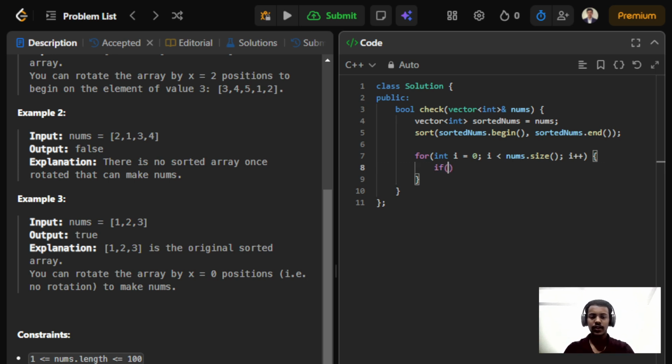And here we'll check if my nums array, which I am iterating on, is equal to the sorted nums. Then